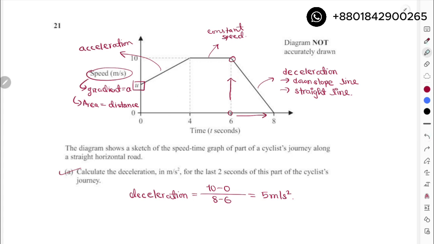I can easily calculate this by calculating the area under the graph. Now I will break down the area under the graph: this one part is your trapezium, and this is the other part of the trapezium,